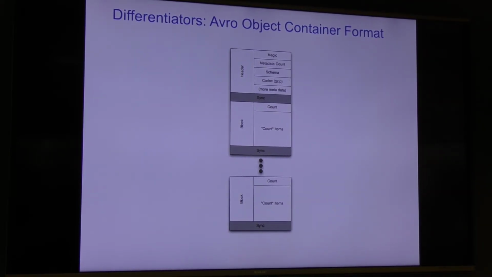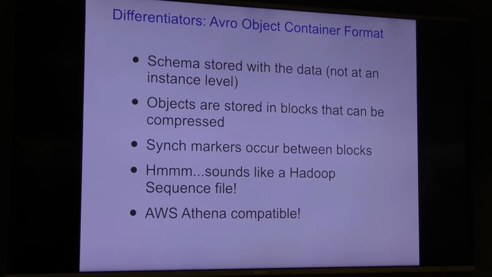So there are some key reasons for why that sync block's in there. Objects that are stored in the blocks can be compressed, and those blocks can be compressed independently. The sync markers that occur between those blocks are very similar to what Hadoop is trying to do with their sequence file. Very similar. The difference is that Hadoop sequence files aren't cross-platform, whereas the Avro container format files are. And then lastly,